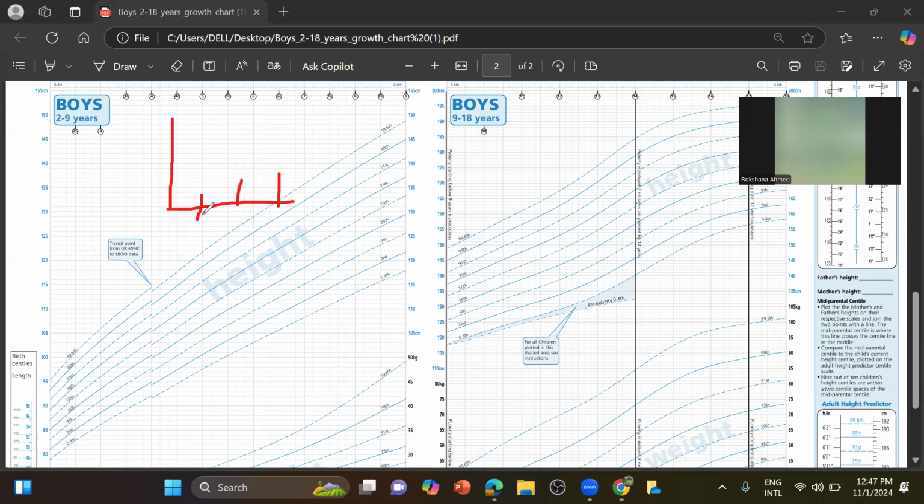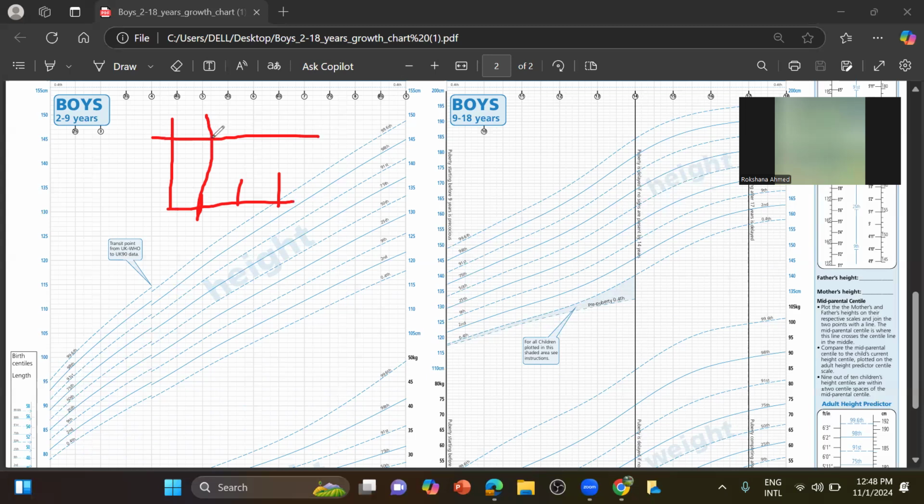We will take the scale and keep it vertical, and another scale for the actual height. Now suppose the height is 140, we will take this, and where it cuts this point,